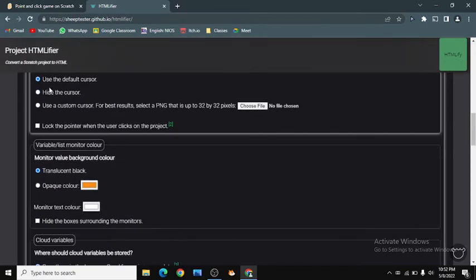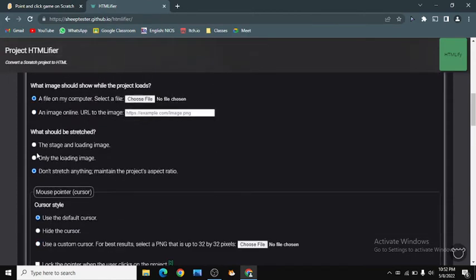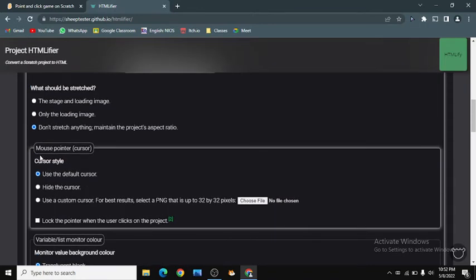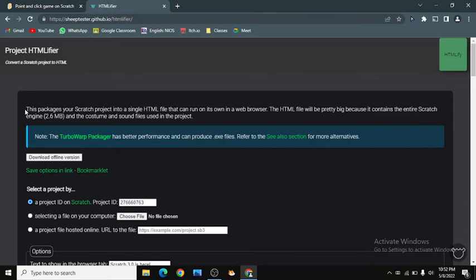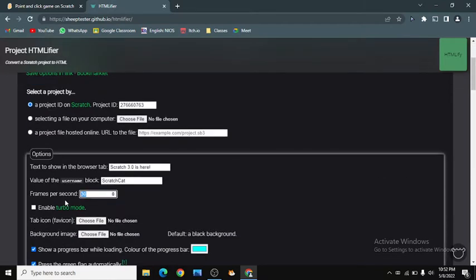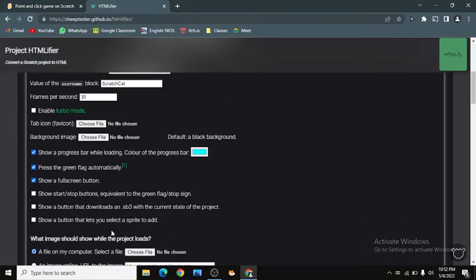You can do things like hiding the real cursor which is sticking out, and there's also frames per second. We can set it to 60 or something. Sorry.